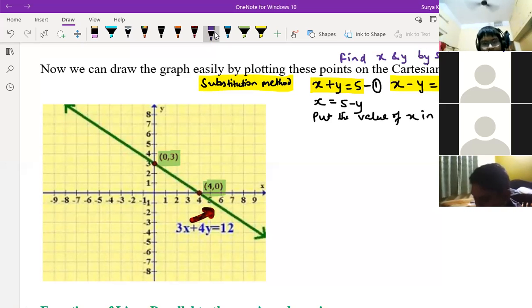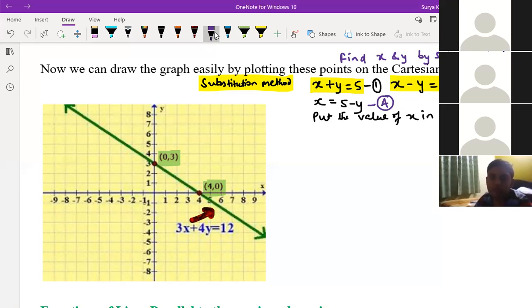Now what we need to do is, from the first equation we are writing that x is equal to 5 minus y. Can we write like this or not? Yes, sir. So let this be A. So the value of x found from the first equation, the same thing you are going to put in equation second, right? Sir, I got it, sir. Pulastya, you are getting it? Yes, I'm getting it. Okay, fine.